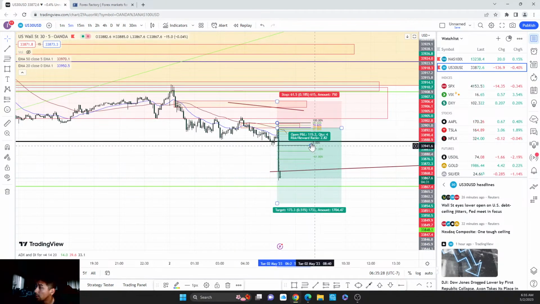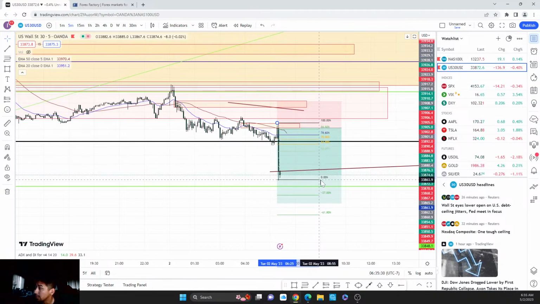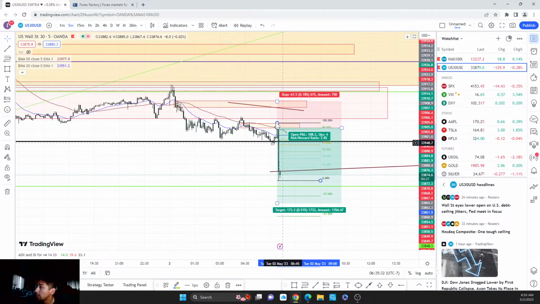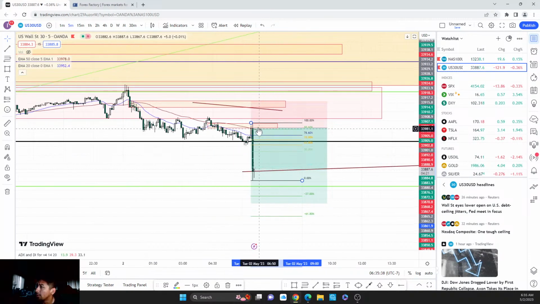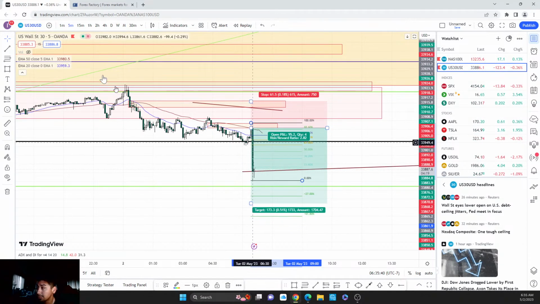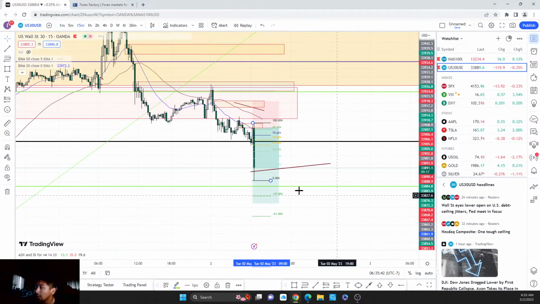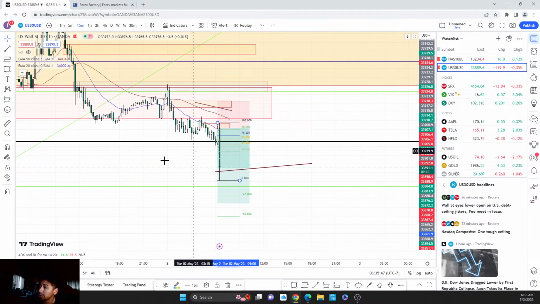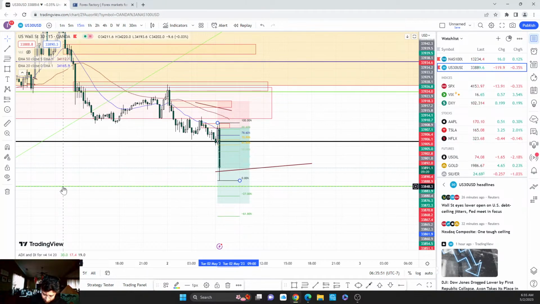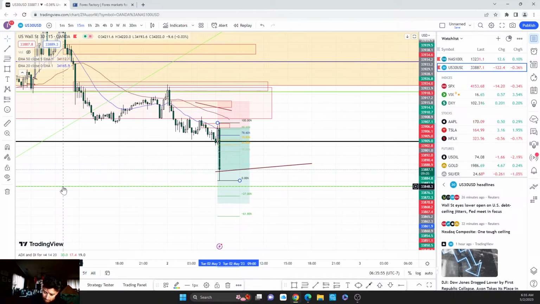Boom. And I think this thing's coming down a lot more. All right, boom, boom. Maybe if it comes up, but that's not really a clear trade to me. So yeah, what a move right there. I would have been out because in less than 5 minutes, you're making that much money, you're catching that many pips, you might as well be out. Wish I would have took it, but